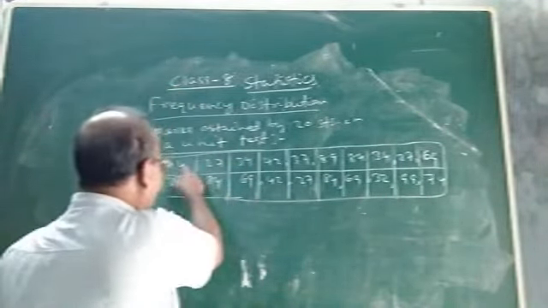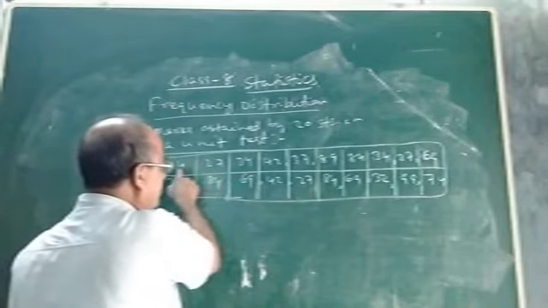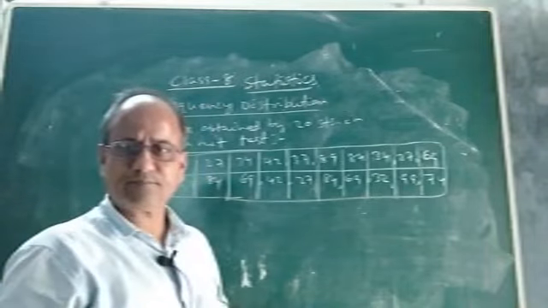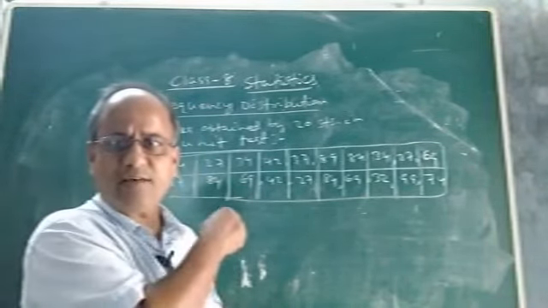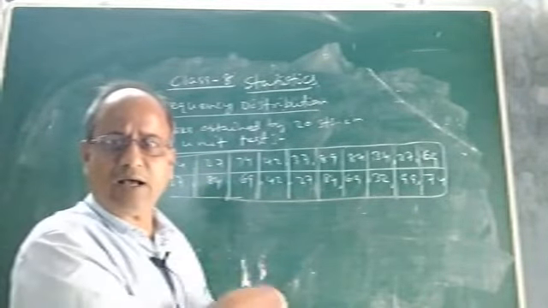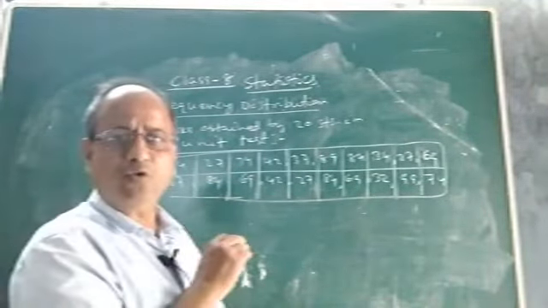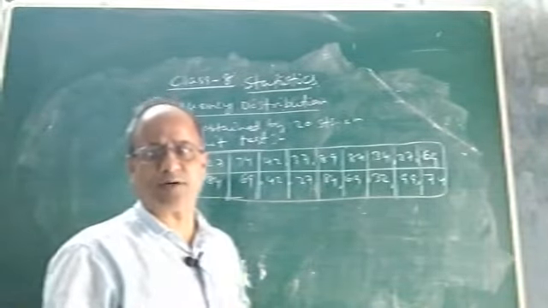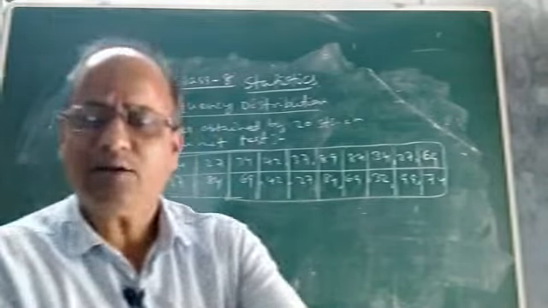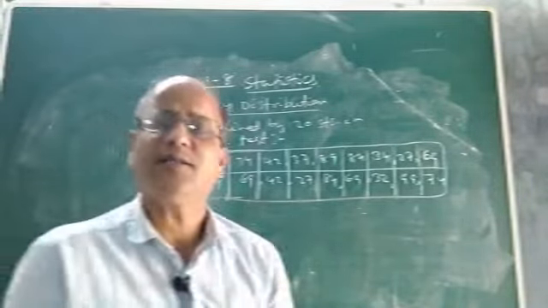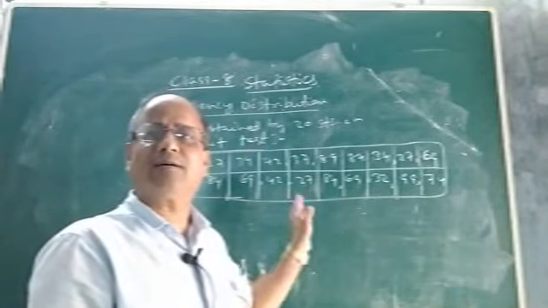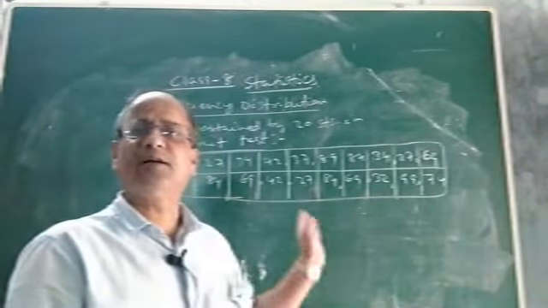Now see, here each mark, each score or each observation obtained by one student is ungrouped data. That means here the observations or scores or data are ungrouped. Now how to prepare a frequency distribution of this particular data? As I told you just now, frequency distribution means to represent the score and the corresponding frequencies in tabular form.